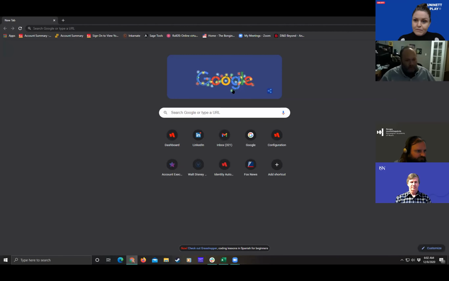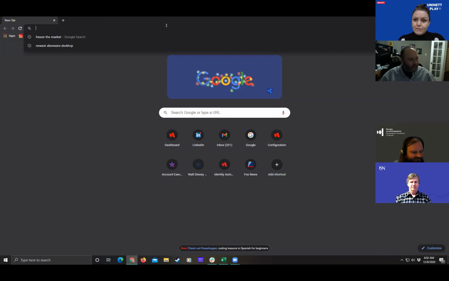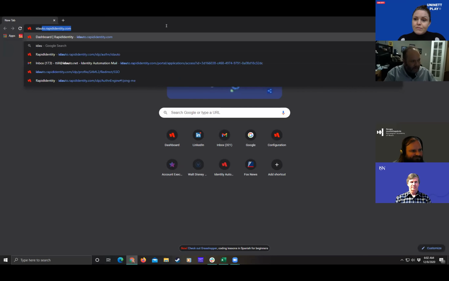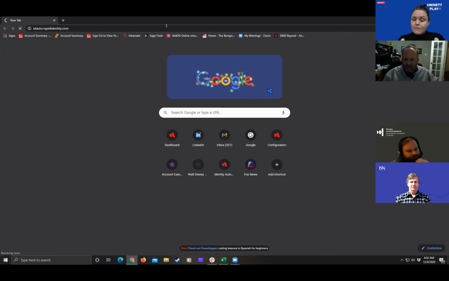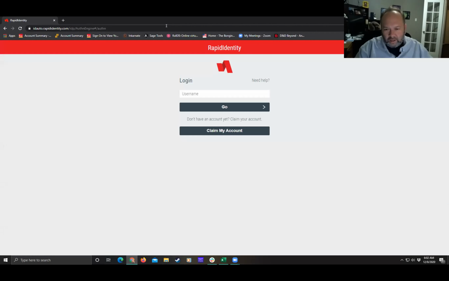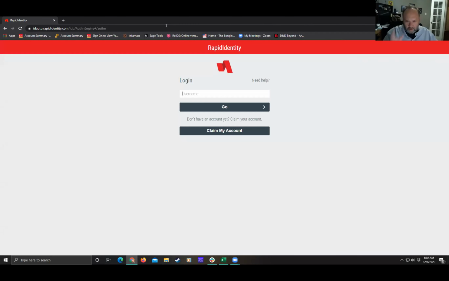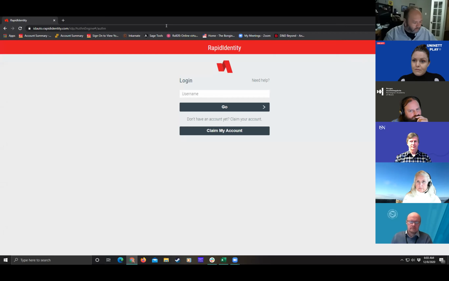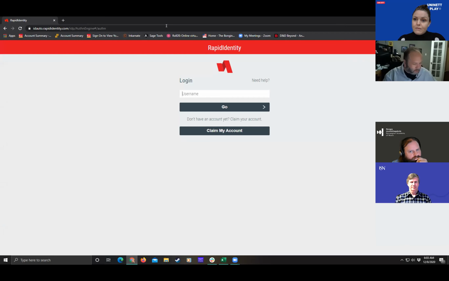All right, just as an introduction, I want to call out that there will be parts of this solution that we're going to show that are not relevant, namely the single sign-on and federation, because we'll be integrating instead with FIDA. So you won't be using Rapid Identity as an authentication engine. So you'll see some login screens and some single sign-on, but that's all for me to get access to different